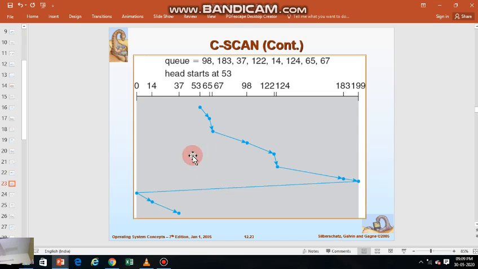So we can see this particular example. The same example we'll see now. In the last example we have seen it in decreasing order. Now in this example we are seeing it in increasing order. So if it goes from 53, that is the head start, to 65, then to 67, then to 98, then to 122, 124, 183. Now here 199 is the end, and you can see in return it has to